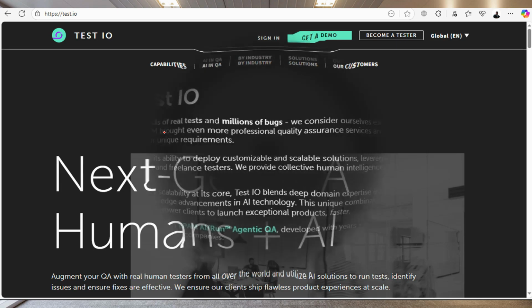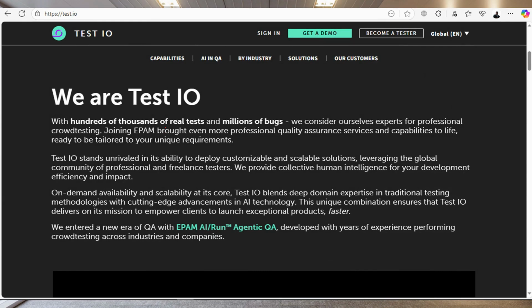Test.io is a platform that does testing on different applications, websites, and things like that, right? So what you'll be doing is testing these platforms and applications for bugs. For example, if they have a new application that has been designed and you want to know if it functions well, maybe within a certain country or region, you will be testing and finding those bugs or problems so that the owners of the app can actually fix them.